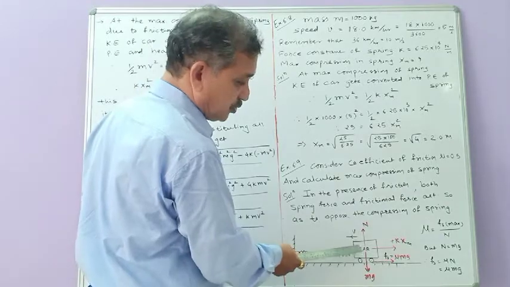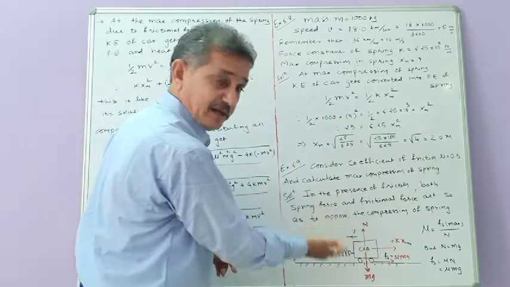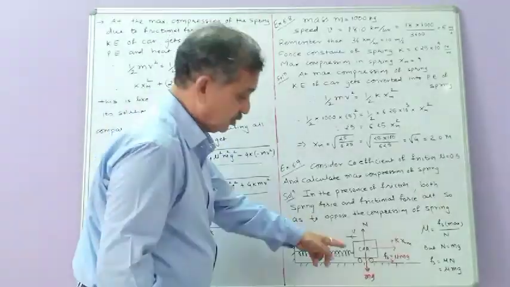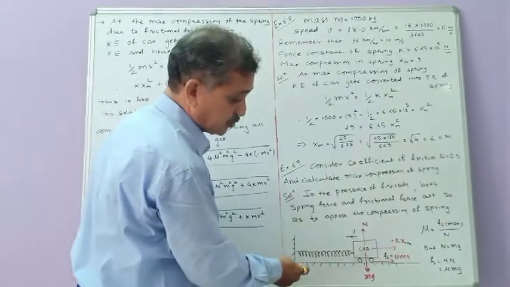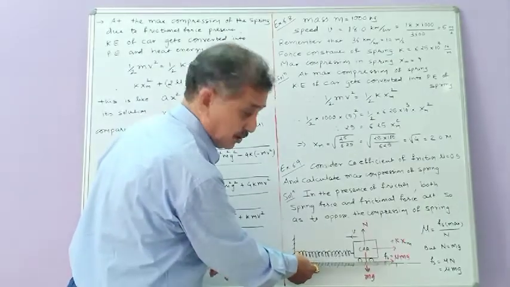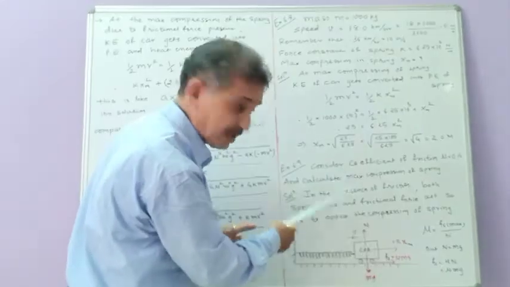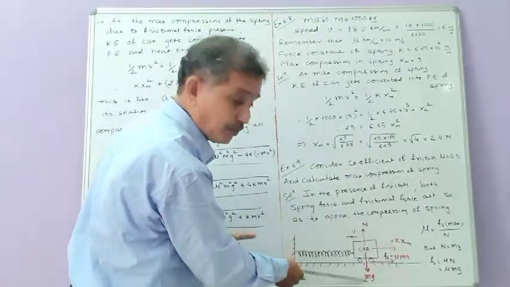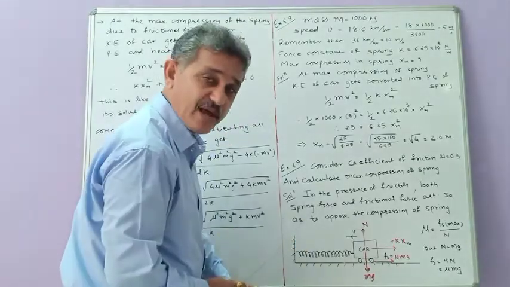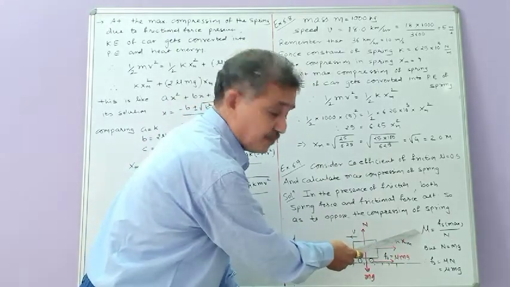So what is normal force? Normal force, according to Newton's third law of motion, will act on the body in a direction opposite to that of the real force acting on it in the downward direction. So as the car is here, gravitational force from its center is acting in the downward direction, and at the same time the surface of the road applies a force according to Newton's third law of motion in the vertically upward direction, that is opposite to this mg, and it is the normal force. So this normal force is balanced by mg. So here you can write N equal to mg, and coefficient of friction μ is equal to